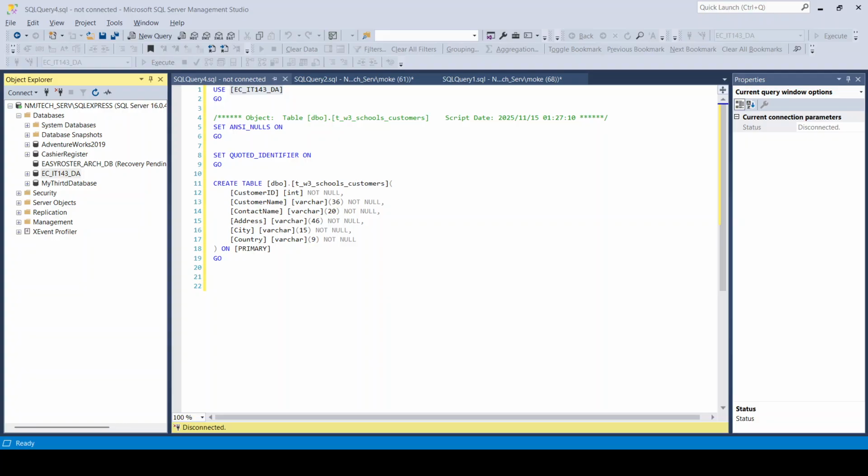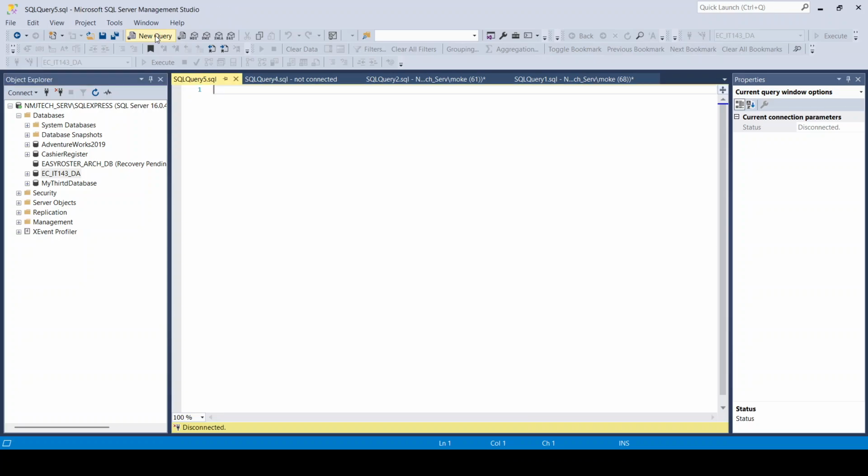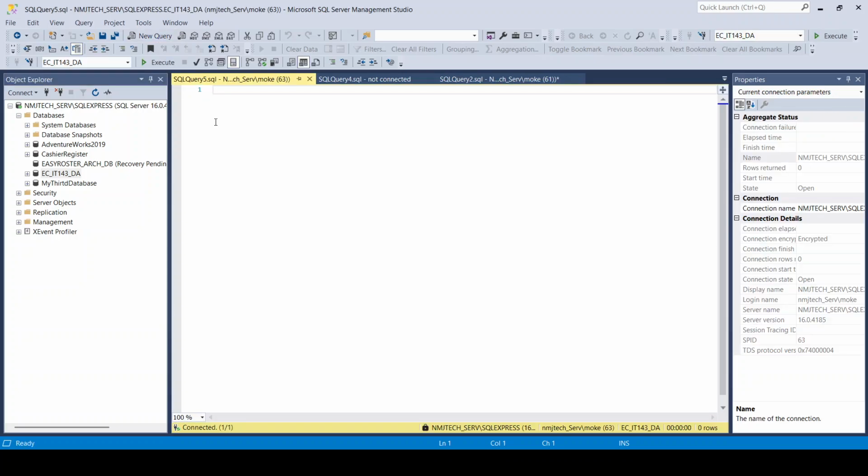That's the very simple one I can use. I can also use the drop-down menu at the top of the query editor. That's the second method I can use to select the database. When I open a new query,